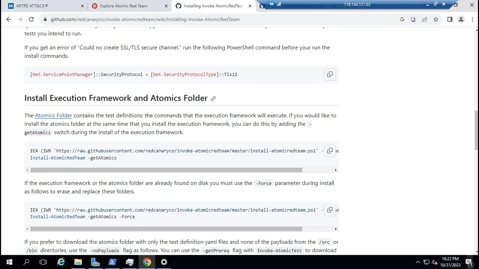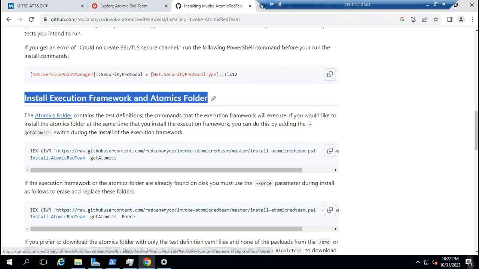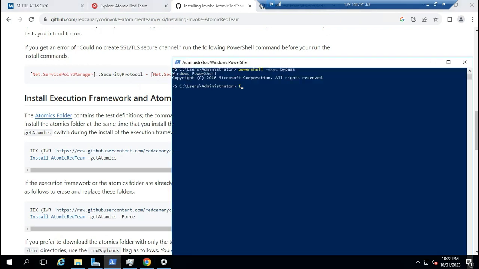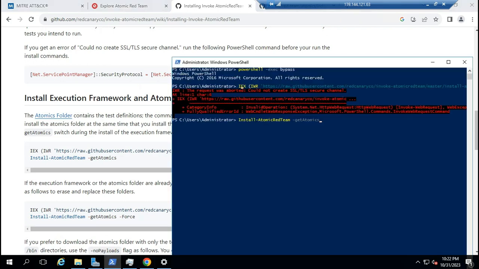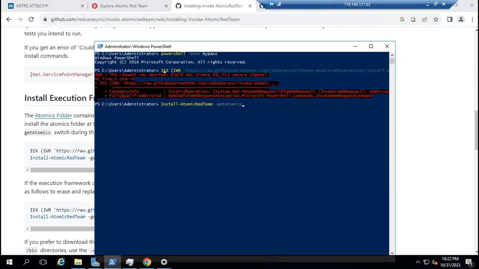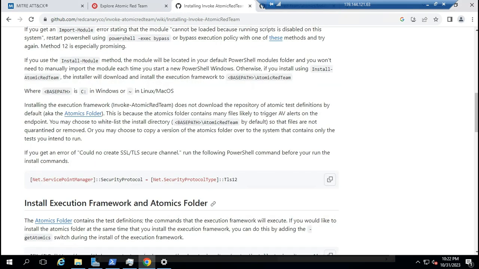Okay, in here, install the execution framework and atomic folder. Okay, just copy and paste it here. Oh, this is an error, could not create SSL. Wait.